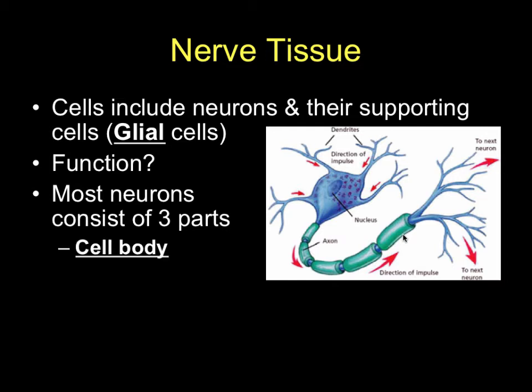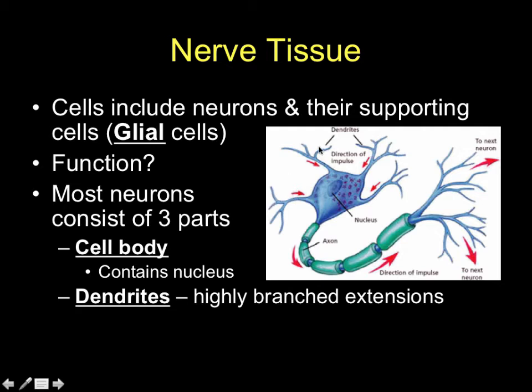Now, neurons typically consist of three different parts. There's a large cell body kind of up here. The cell body actually contains the nucleus. It's the biggest part by volume of the cell. We also have dendrites up here. Dendrites are the receivers of the neuron. They are the ones that are getting information from the outside environment, passing it to the cell body,